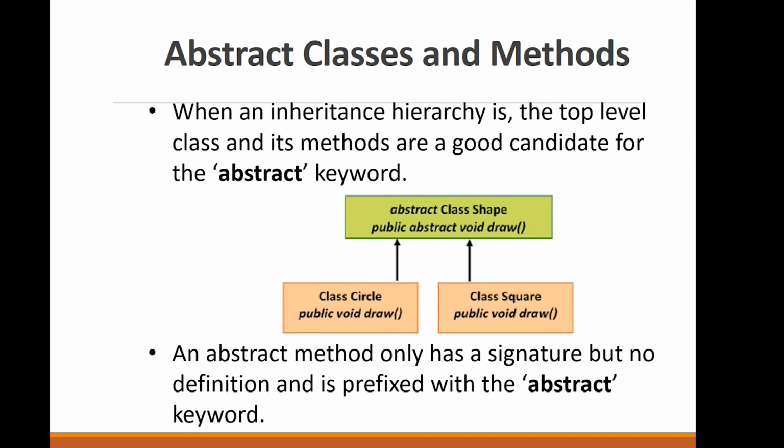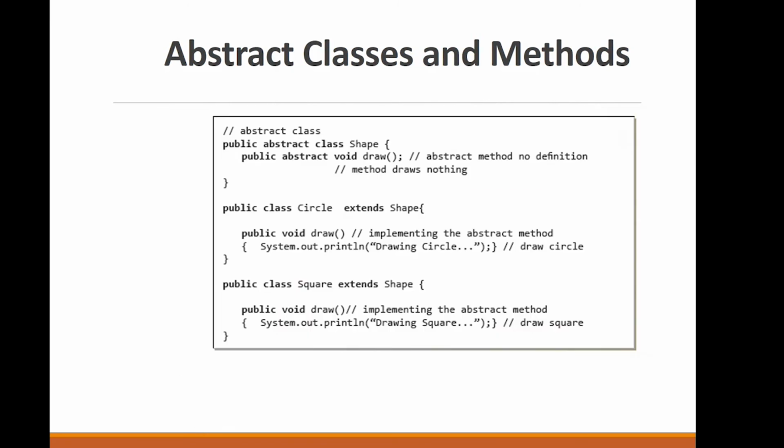So for example, we'll try to see here. As you can see, we have an abstract class, Shape, and then we have draw as an abstract method. Now for the public class, we are going to extend the